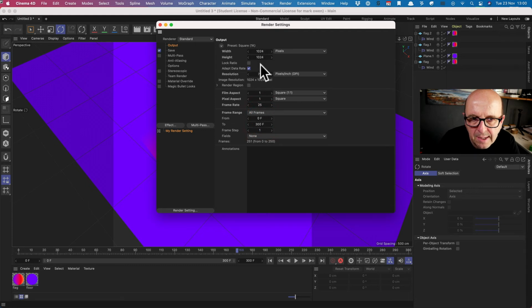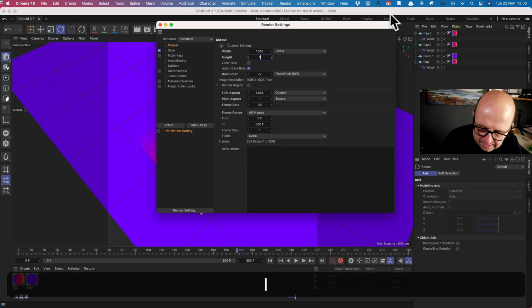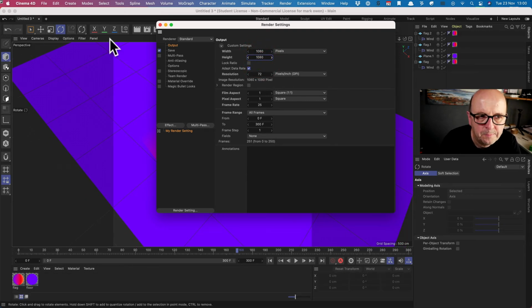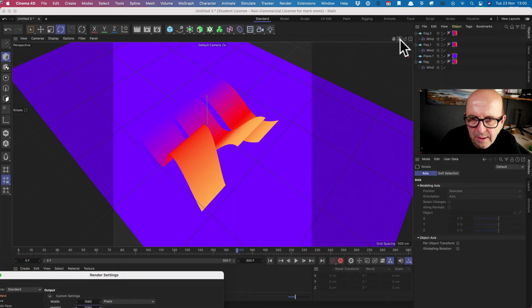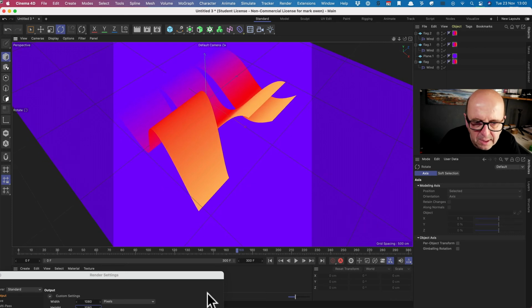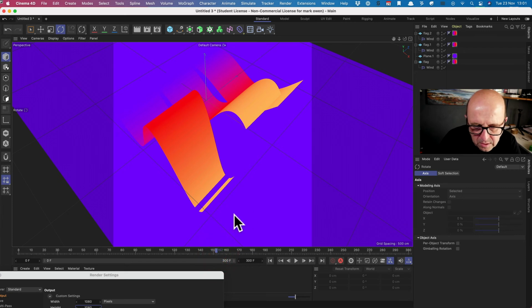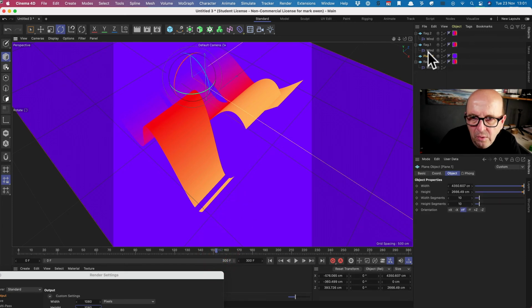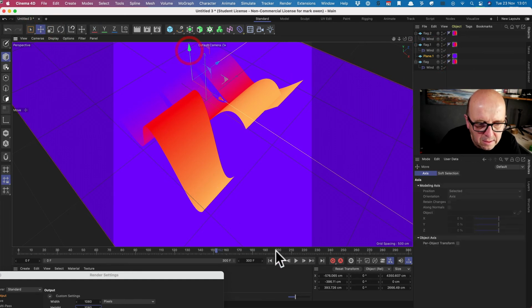So in here, look, it's done 1024 by 1024. So we've got it set up, all frames. And let's just change it to 1080 by 1080. So here it is square. And let's just zoom in a bit and just make it fit how we want. I did notice that when I was rendering, it was still passing below, so you can see here. So I'm just going to get the floor and I'm just going to move it down